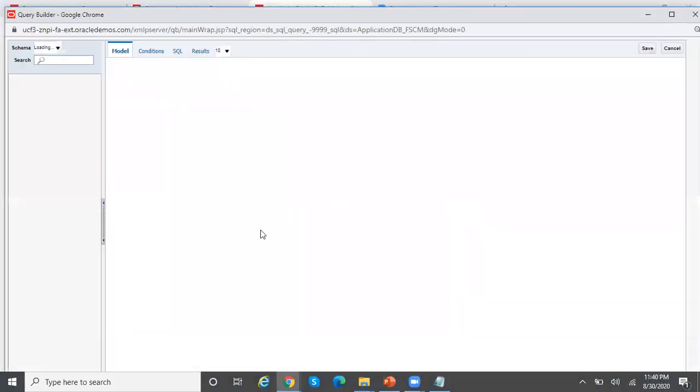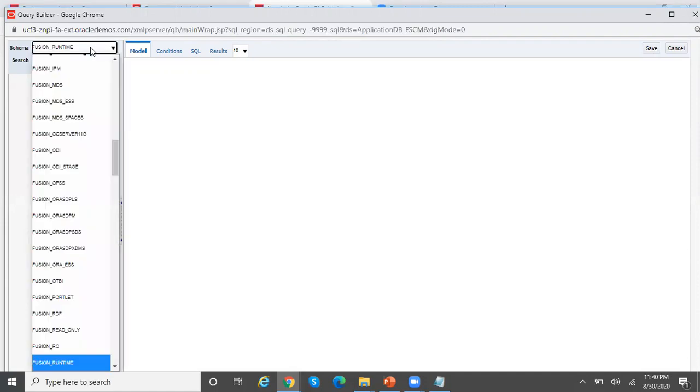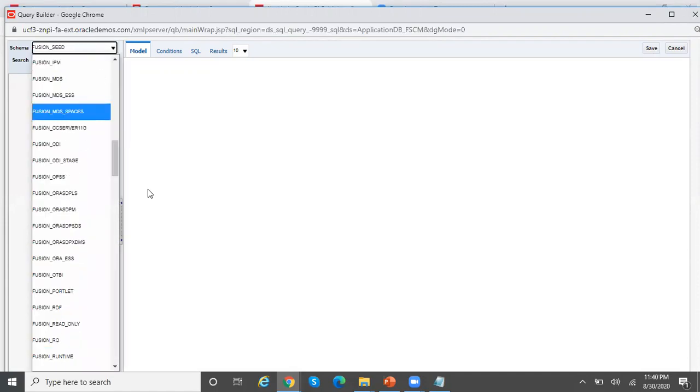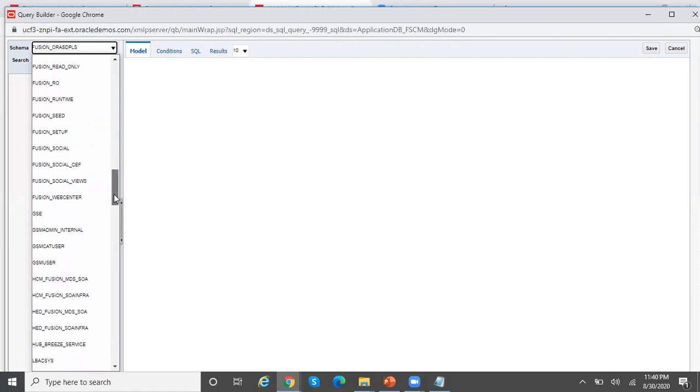In the query builder, you need to select the schema as well as the tables from which you want to pull the data. As far as the schema is concerned, you can select the schema as Fusion.